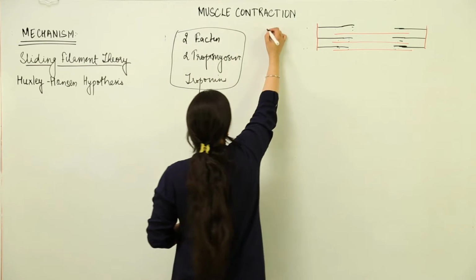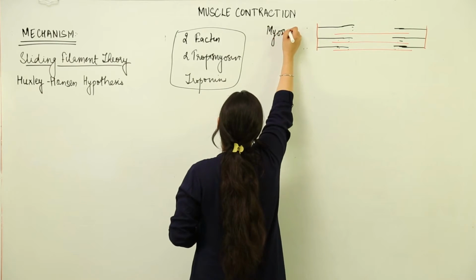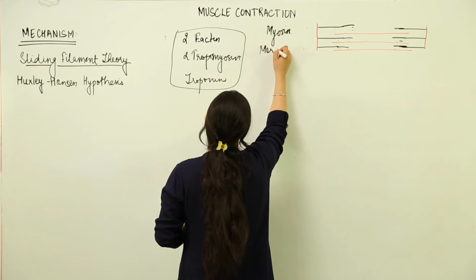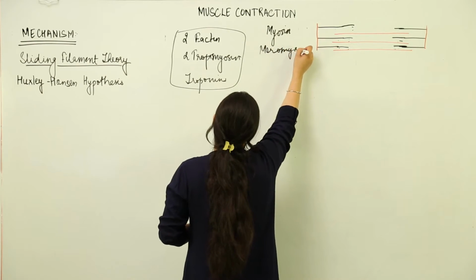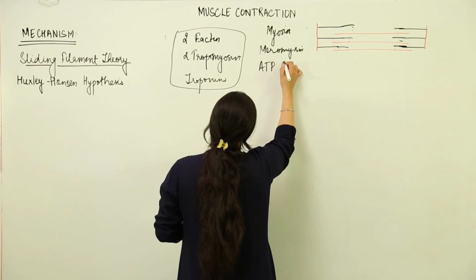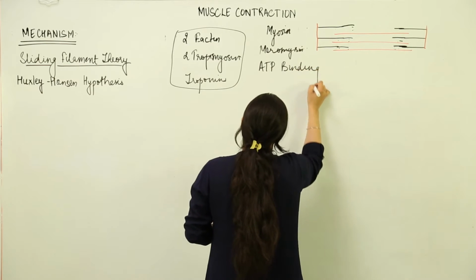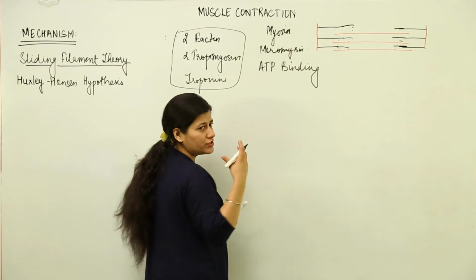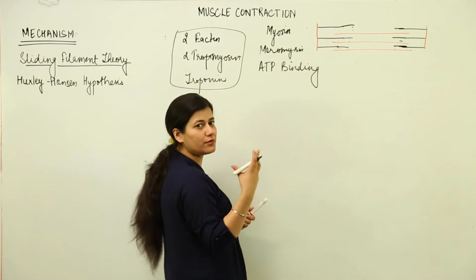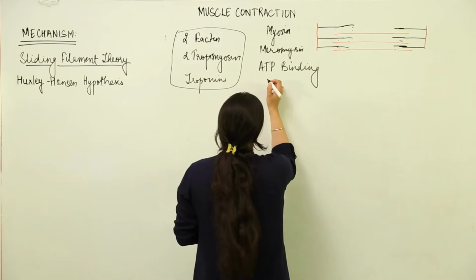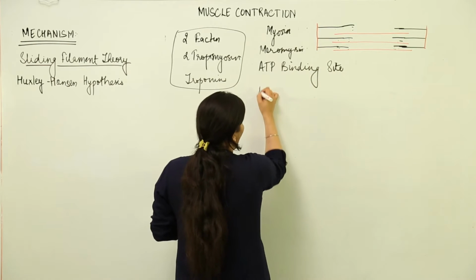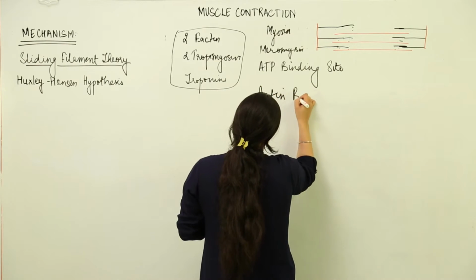In terms of myosin, there were monomers whose structure we studied, and the monomer was meromyosin. The meromyosin had a heavy head which had an ATP binding site. This is what is to be paid attention to. Earlier we saw the structure: there was a cross arm, there was a head, there was a tail. That was the basic structure. There was heavy meromyosin and light meromyosin. An ATP binding site is present, and there is an actin binding site that is also present.